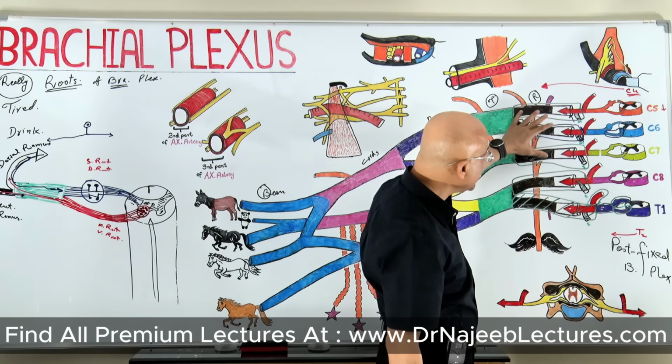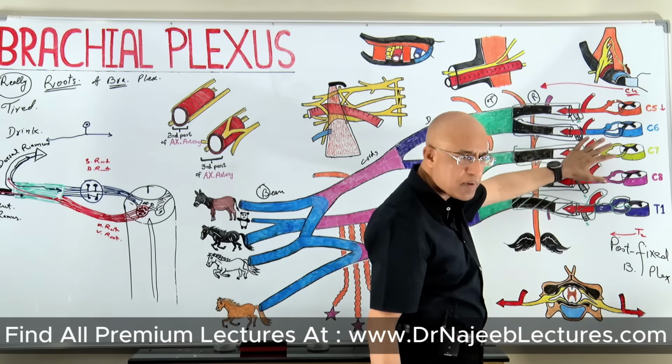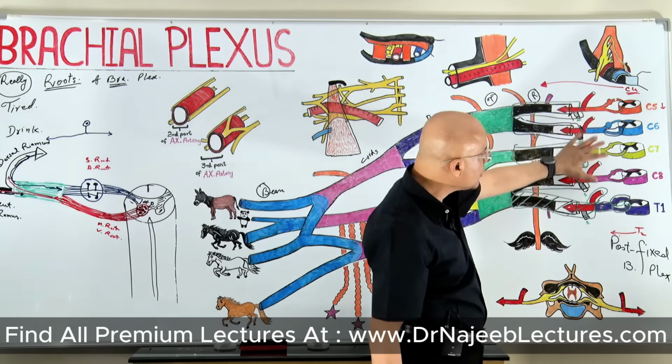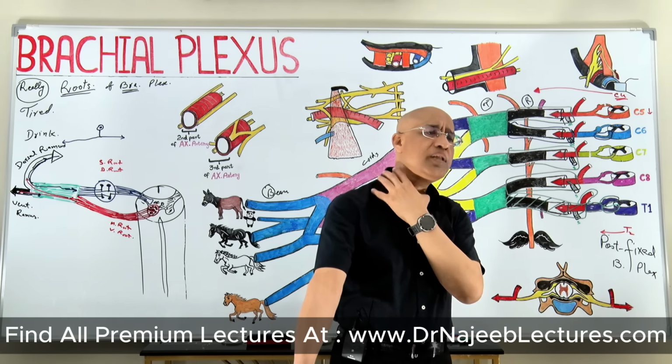Now these are basically, because it is the cervical plexus segment, this part of the spinal cord is present in the neck. So naturally this whole system is outflowing from the neck. And if it is outflowing from the neck, where does it have to go? To the arm. It is originating from the cervical and upper thoracic T1 and making a special type of network. We will go into detail, and eventually terminal branches are going in the arm, right? And some on the way,